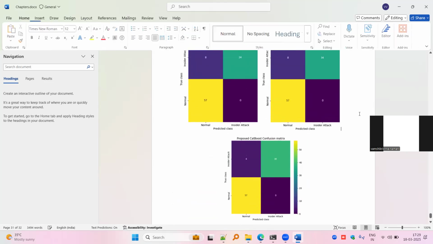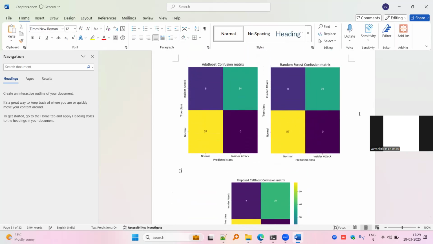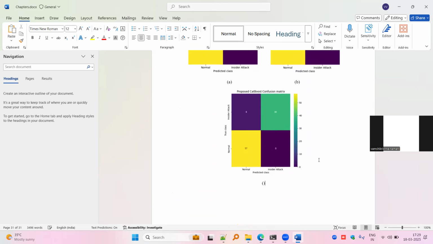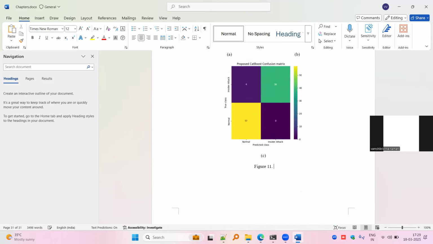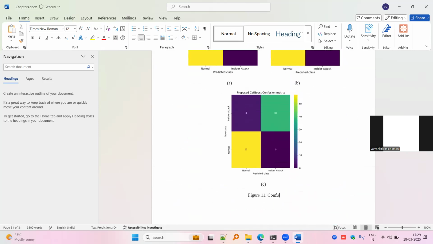See, now a figure caption is mandatory. For every two confusion matrices you can add a figure, or for all of them you can add one figure. It's up to your wish. For example, A, B, C. Figure number, not table, figure number. Whatever the last figure number was, use the same figure number. Confusion matrices. A,